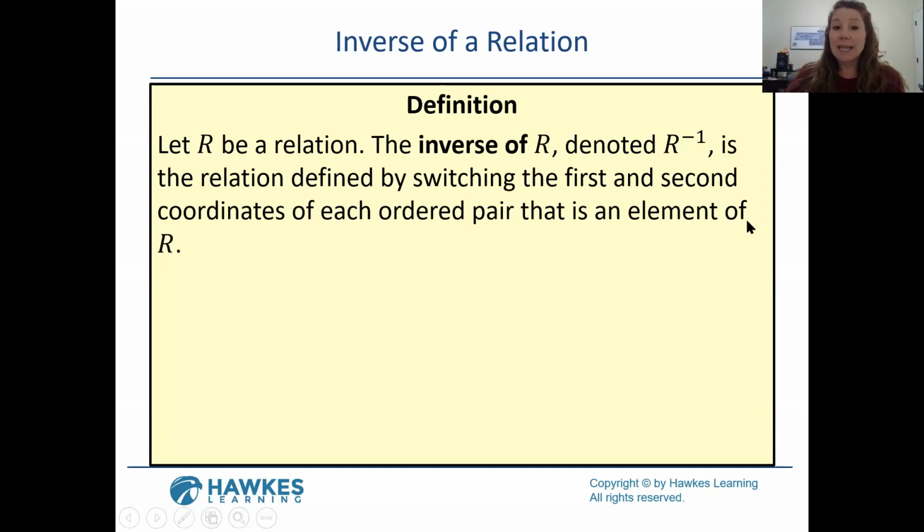It says, let R be a relation. The inverse of R, denoted R to the -1, is the relation defined by switching the first and second coordinates of each ordered pair that is an element of R. So in other words, when you have a set of coordinates, the first number is always the X, and the second number is always the Y variable. So when you find the inverse of a relation, you would switch those and let your X's be the Y